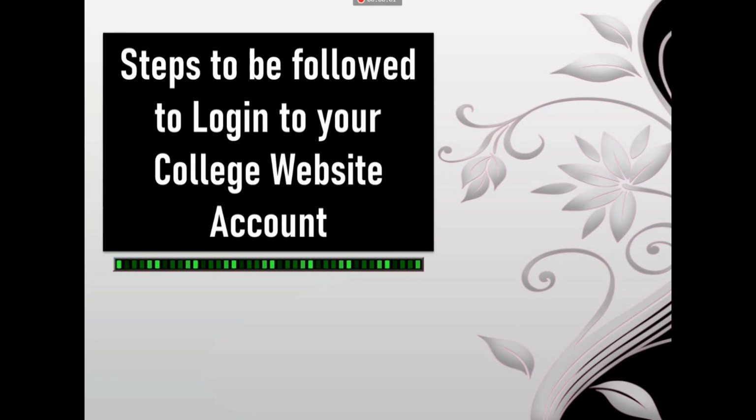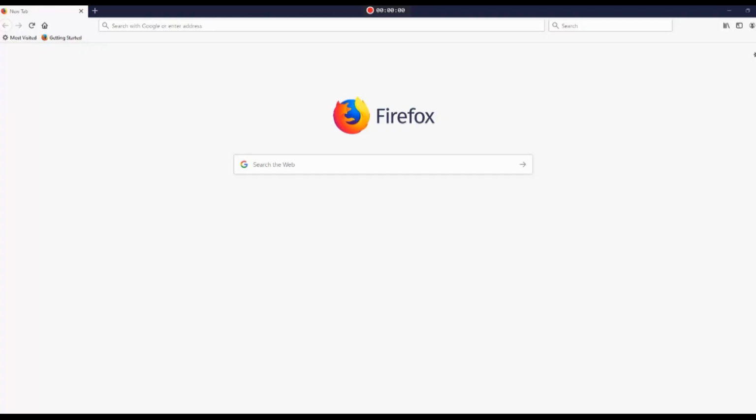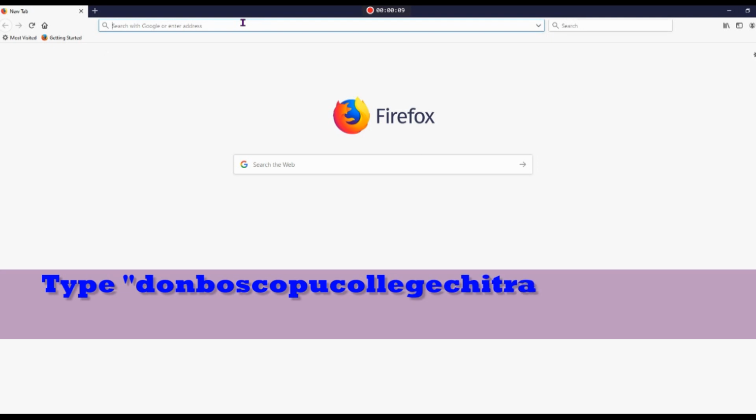Now let's discuss the steps to be followed to log into your college website account. In the very first step, you need to have any one of the web browsers, either Chrome, Mozilla Firefox or Microsoft Edge. As you can see, I am using the Mozilla Firefox web browser, and in this address bar, you have to type the name of the website.